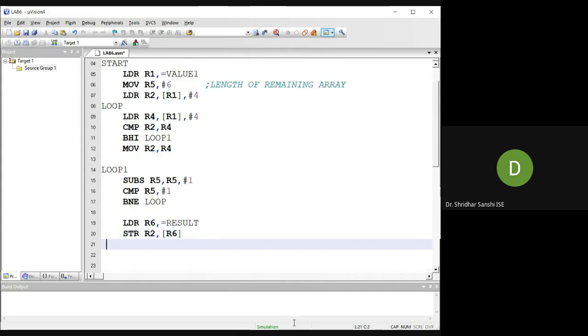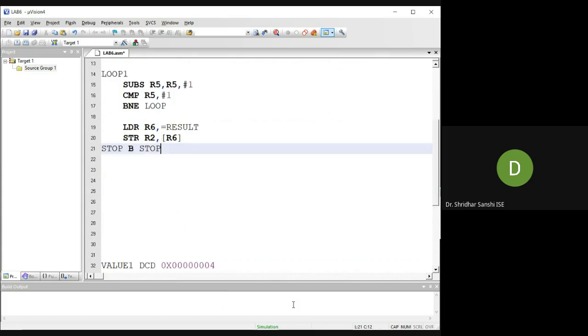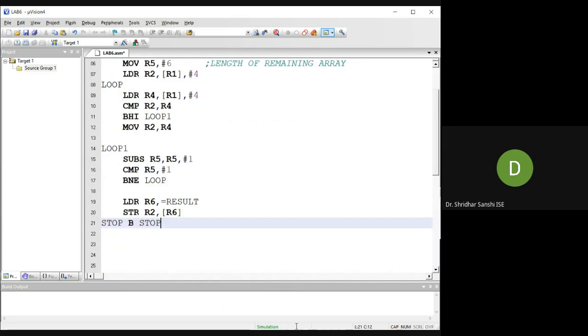So with this, it should work, right? This is the code for identifying the largest element in an array.